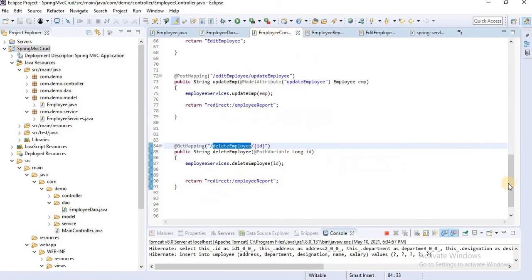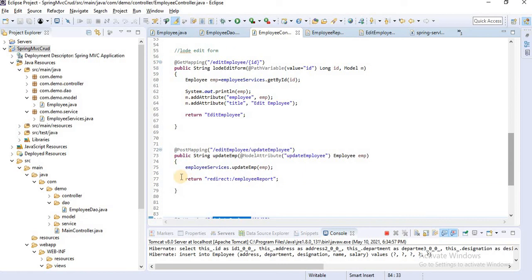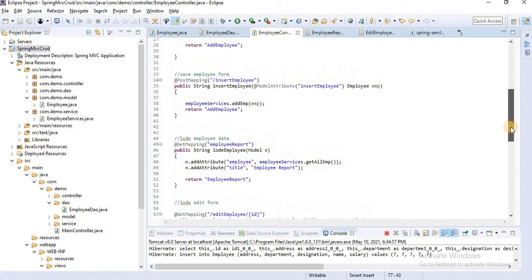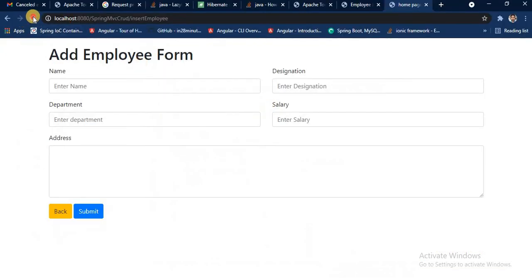Just go to the controller, redirect to the employee page. Just copy this and go to the employee report insert. Whenever a new record is inserted, it should redirect to the employee report. Save, refresh.